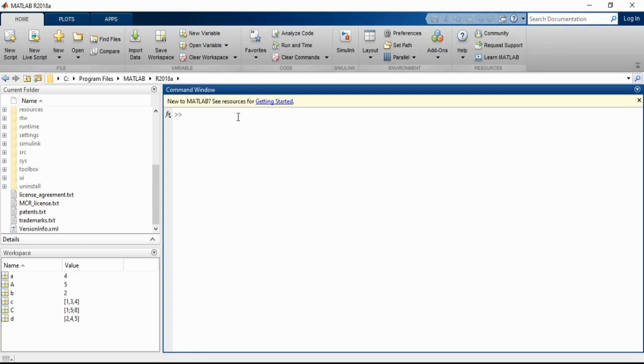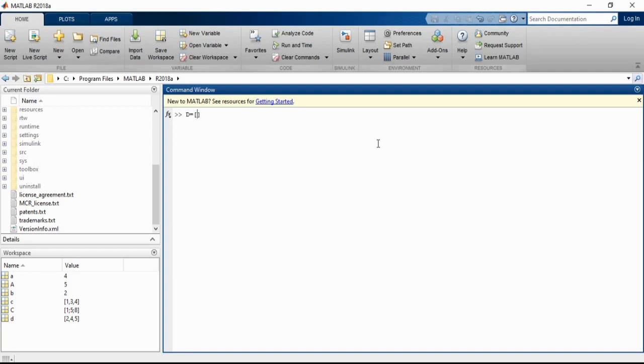So next we are going to see how to enter the complete matrix. That means a combination of rows and different columns. So I will create another variable D, capital D. So capital D and small d is a difference. As I told you, MATLAB is case sensitive. So capital D square brackets. Now I want to create a 2 by 2 matrix. That means 2 rows, 2 columns. Okay, so how am I going to create it?